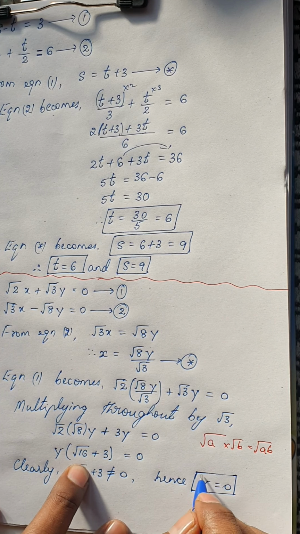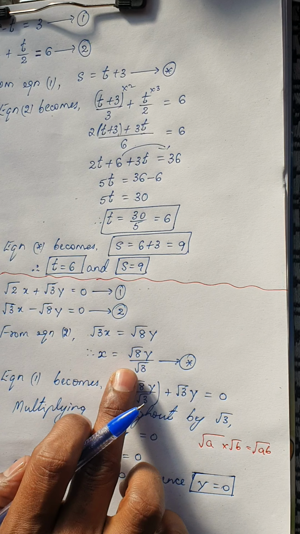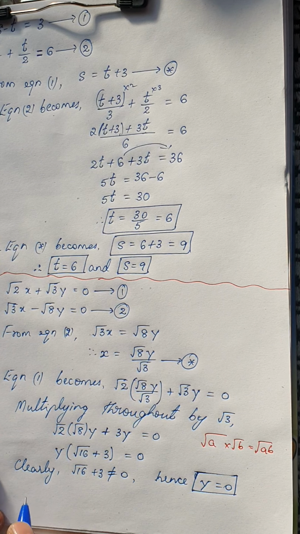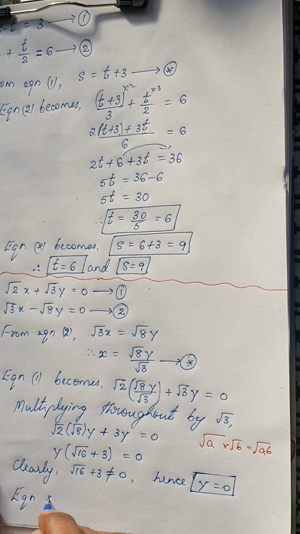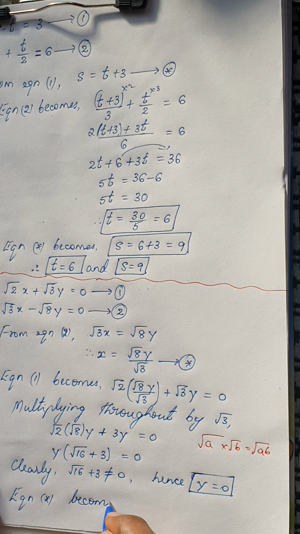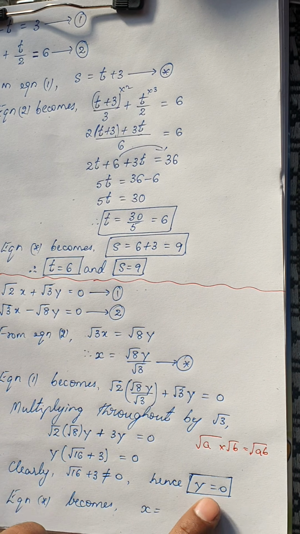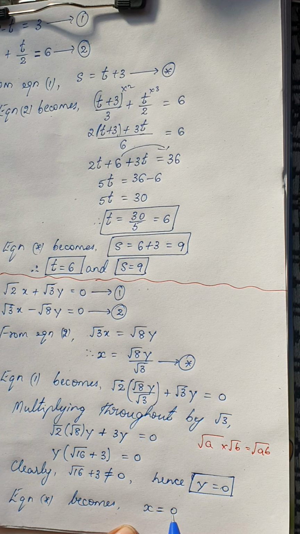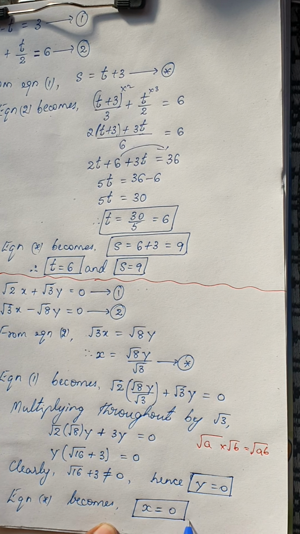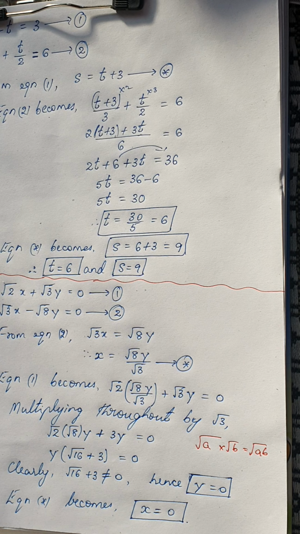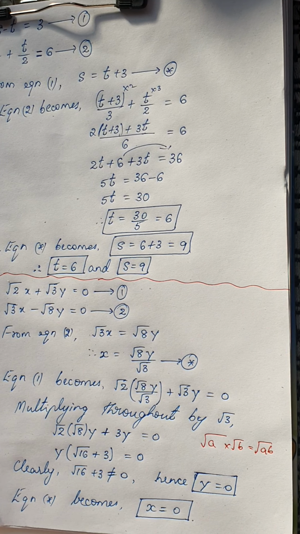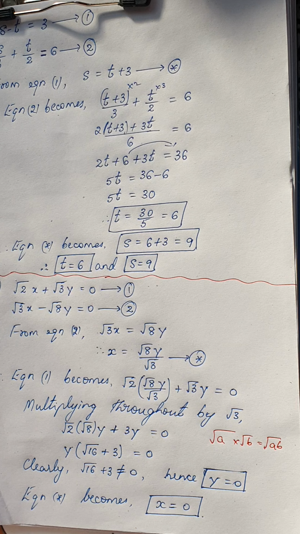Once you get y equal to 0, substitute back in equation star. Equation star becomes, see what happens, x will be root 8 into y, actually y is 0. So 0 into anything is 0. So I will get x also as 0. Is it clear? So this is how I find the solution by the method of substitution. We are solving the exercise problems so that it would be very clear for you to solve the problems. Is it fine?